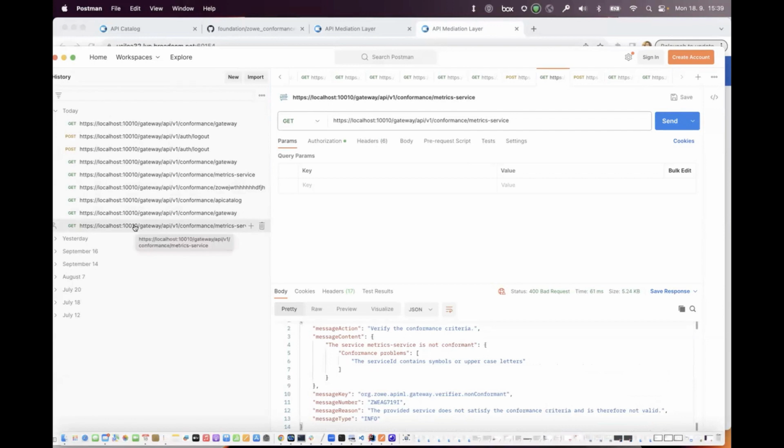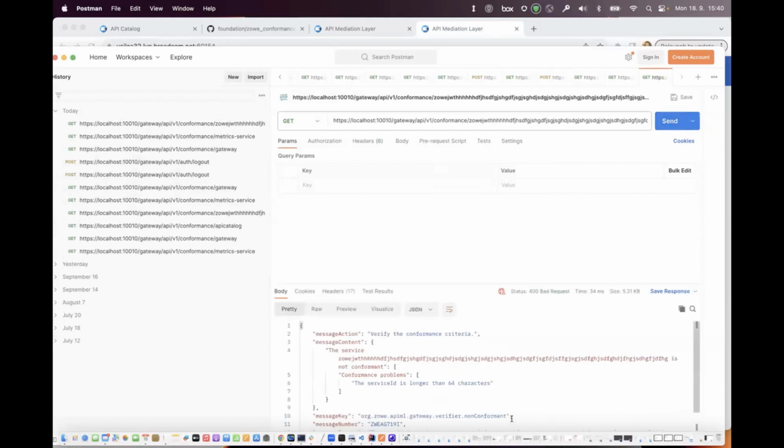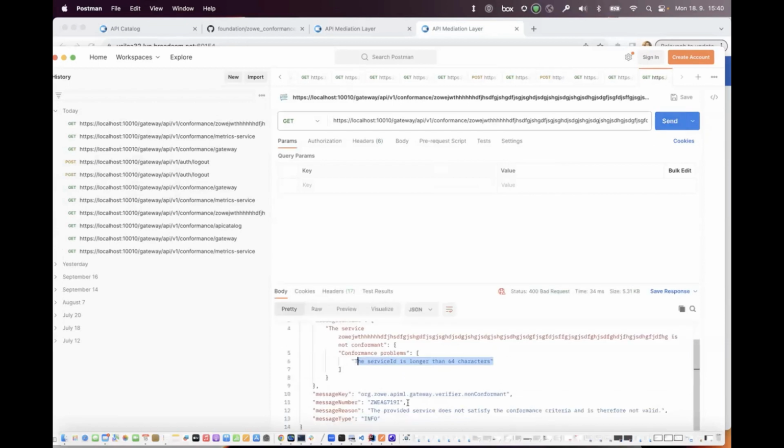Running it locally. I'm running it against some local services that we onboarded to APML. So here I'm checking it against the metric services, which has special characters. So it's giving that service ID contains symbols or uppercase letters. And I have one more for the naming convention. It is bigger than 64, and it's giving that it's not conformant because it's longer than 64